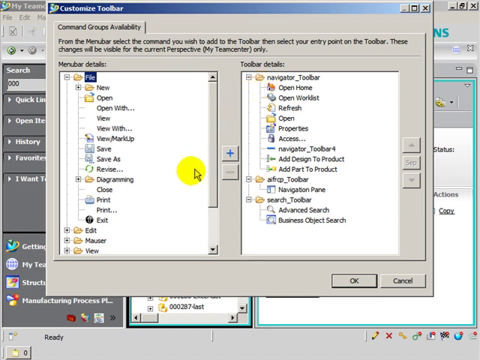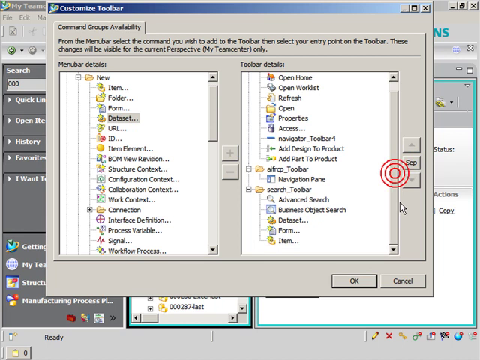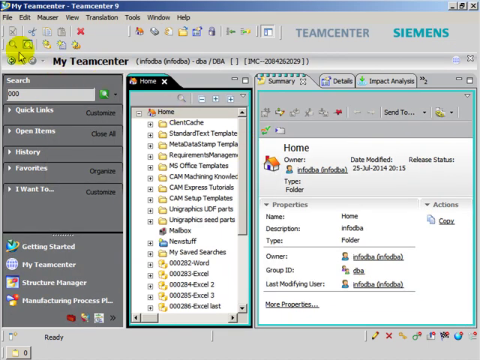So what we can do is add something, like I wanted to create items much faster, a form and a dataset. These are the frequent operations I do on a day-to-day basis. So I added all these things. I can change the sequence, and if I want to add a separator, I can add one more separator and then just click OK. Once I click OK, I can see that all these three buttons, item, form and dataset,